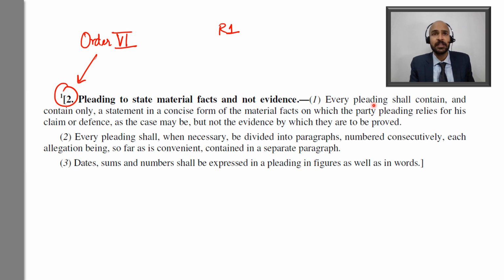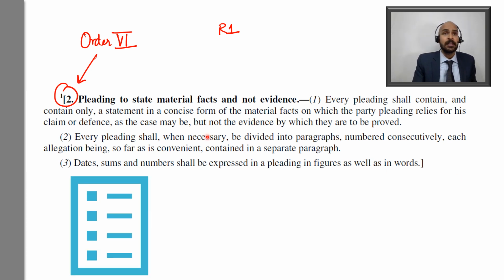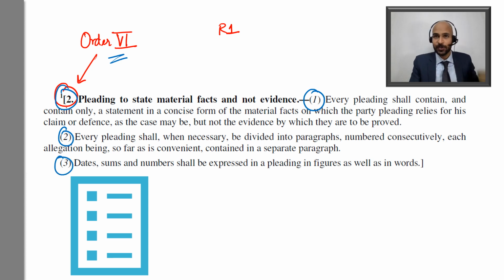So it says that every pleading shall contain in a concise form the material facts but not the evidence. So now you can see that you have Order 6, Rule 2, and then there's sub-rule 1, sub-rule 2 and sub-rule 3. So the way you denote this is by saying Order 6, Rule 2,